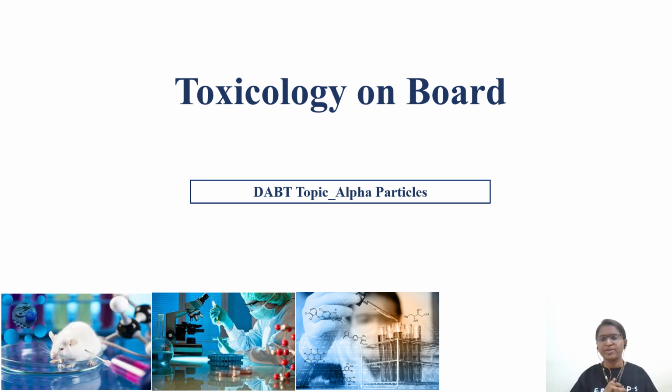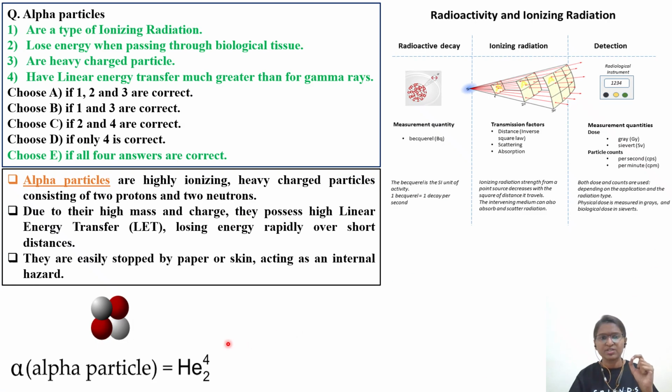Today in this video we'll be discussing another important DABT topic, that is alpha particles with respect to radioactivity. A few questions with respect to radioactivity will come up in the exam, so we'll see what the question is. This question is taken from the ABT recertification year 2000 question paper. The question pattern has four-option type questions, which is not currently the same format; there is a little bit of change in the format. But still, from this question and the concept, we'll try to understand radioactivity.